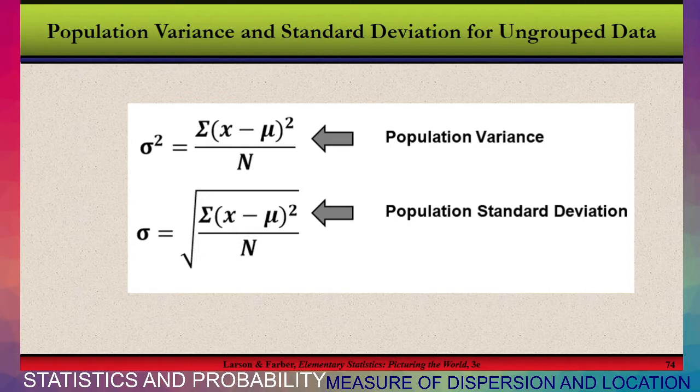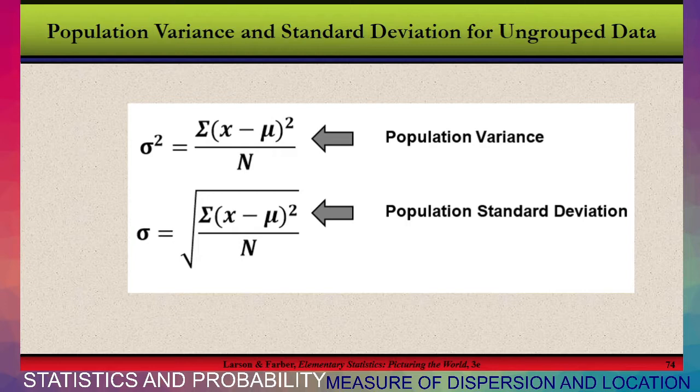Then, yung sa baba is lowercase sigma is equals to the square root of summation of x minus mu raised to the second power over N. Ibig sabihin, yung makukuha natin variance dun sa unang formula is i-square root lang natin para makuha natin si